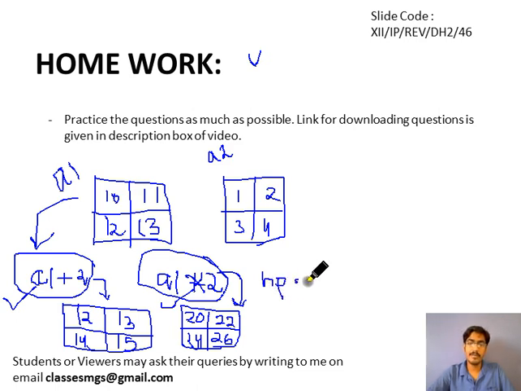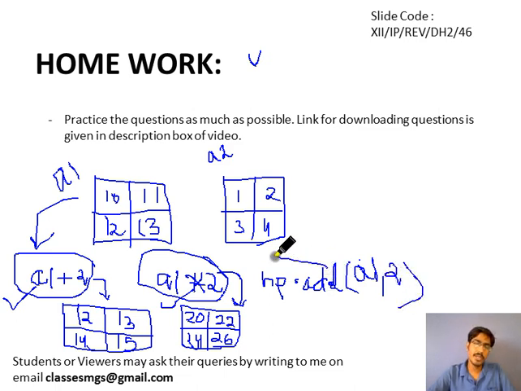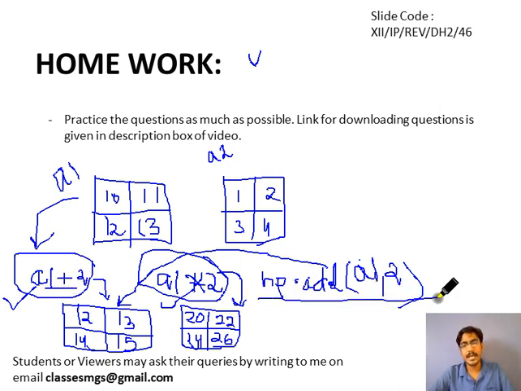np dot add. Like, if we want to add 2 to each element of the numpy array, then you can do it like this: np dot add, and we will pass the numpy array a1 comma 2. Then it will add 2 to each element of this numpy array. This way you can do it. So there are two ways to add 2 to the numpy array. Either you can write it this way, or you can write np dot add, the name of the numpy array a1, comma, the value that you want to add, 2.